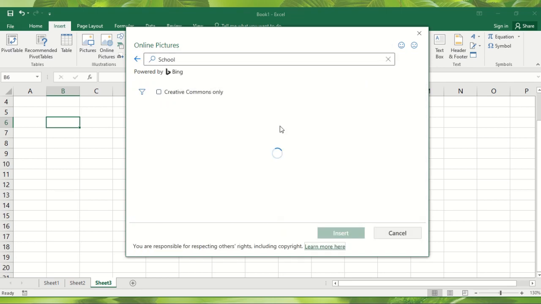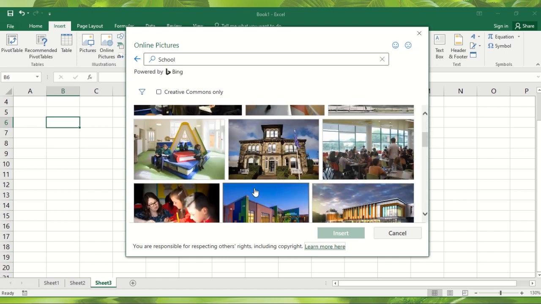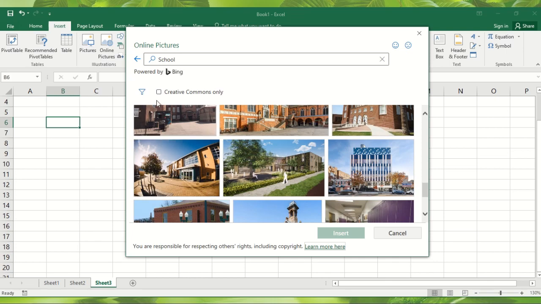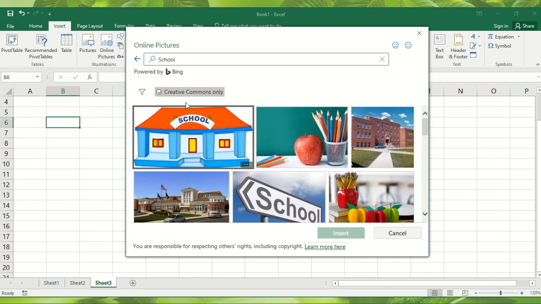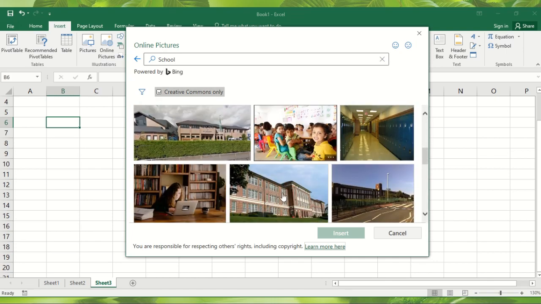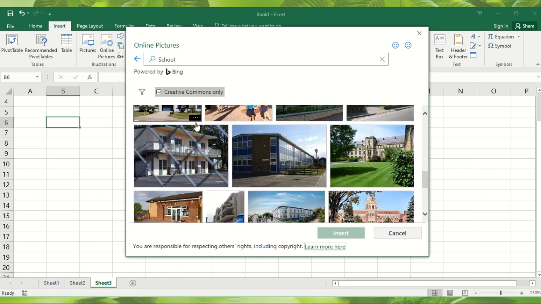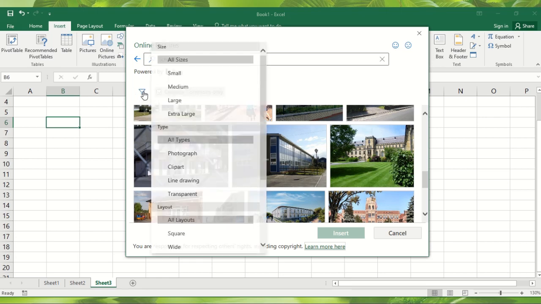So different types of pictures related to school appear. See. Now if you want a Creative Commons image, tick mark this Creative Commons, so creative images will appear. But I want clip art. So from here, see this one before the Creative Commons, this is the filter icon. If I click on it, a drop down list will appear. From the Type option, choose